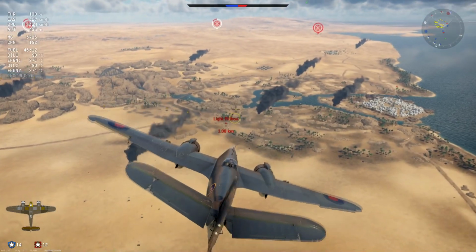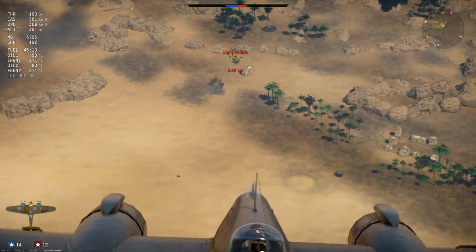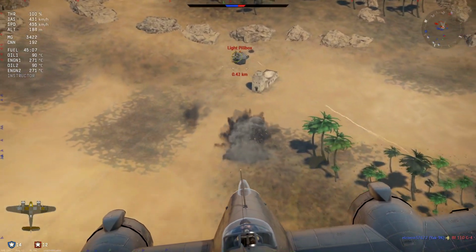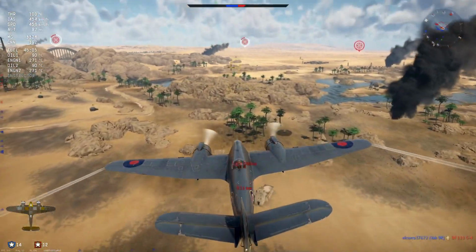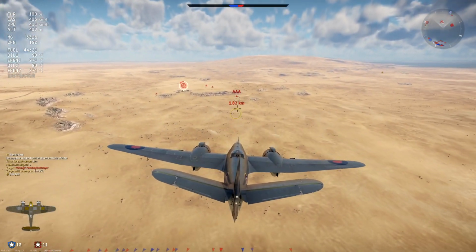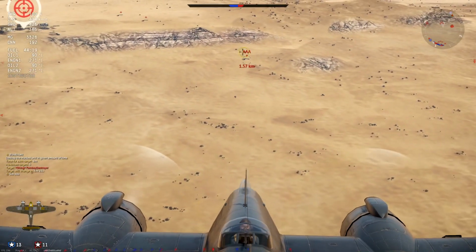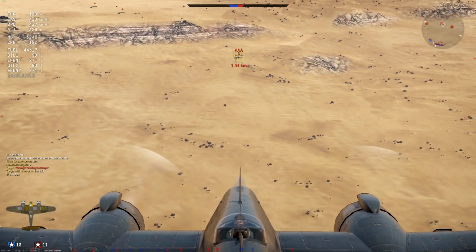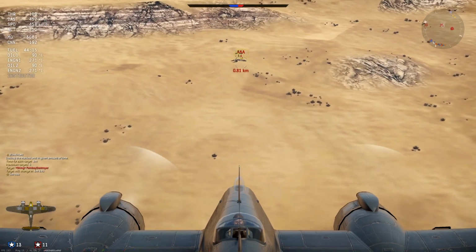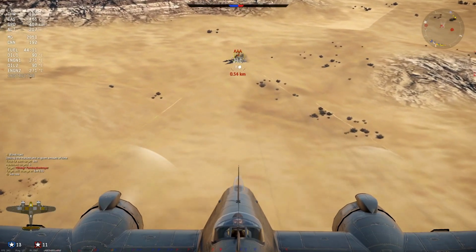When it comes to boom and zooming or energy fighting or turn fighting, it is basically a support fighter. You can keep yourself on the fringes and come in with this awesome firepower and wreak havoc among your opponents that are focusing on other planes. That is how you preferably use this plane in air RB, but it is also very capable of close air